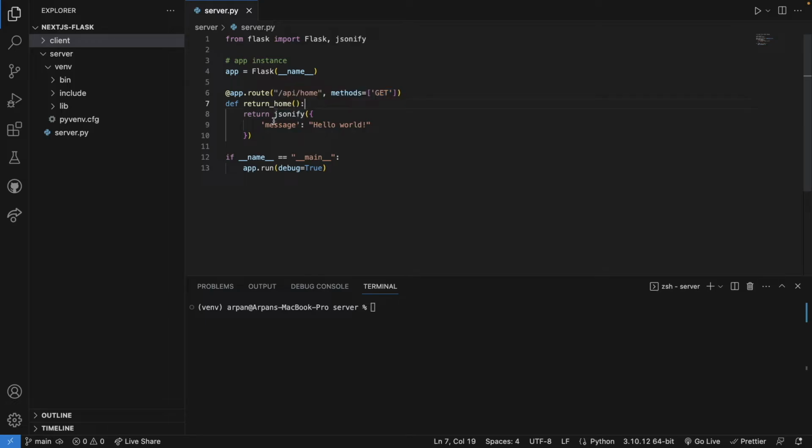And then here, all we're doing is returning JSON, and we have a message that says hello world. So that's all that this app is doing, okay? And our goal is to display this message of hello world onto the front end. And that's basically going to show you how to pair the front end and back end together to create one